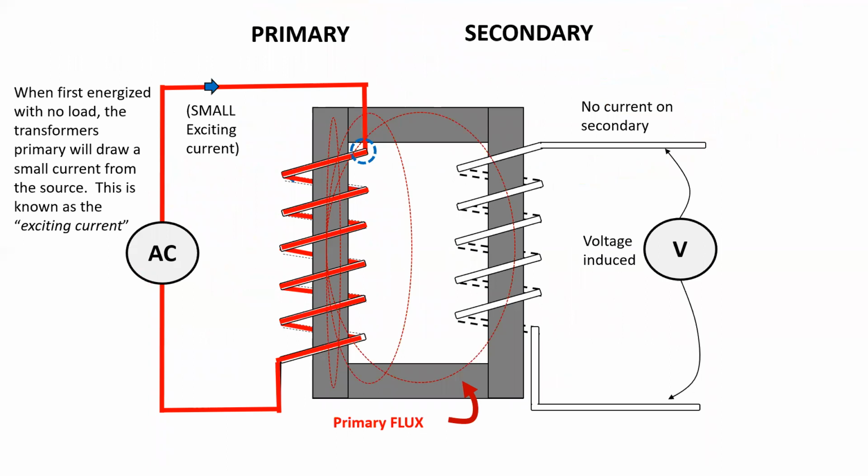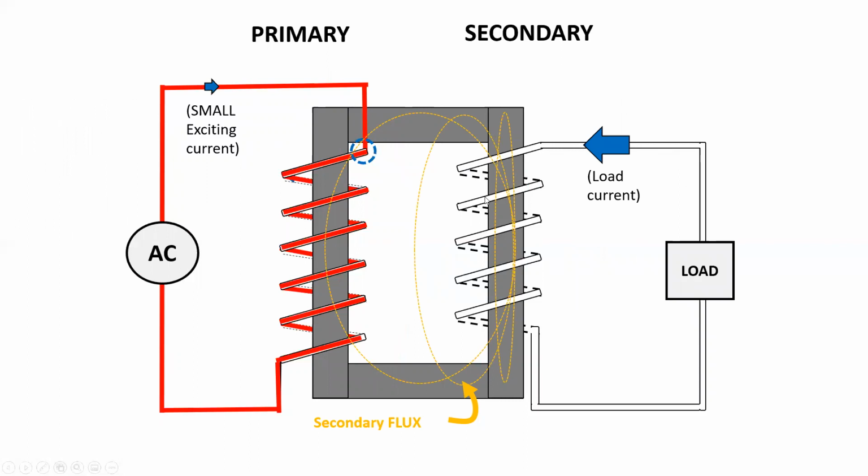So when I first energize a transformer with no load on the secondary, the transformer's primary will draw a small current from the source known as the exciting current. And that exciting current is simply magnetizing the core, and there is magnetic lines of flux, and there is a counter EMF that is generated on each of these individual windings. I'm simply only showing one here just to make it a little bit clearer because there's a lot going on. As soon as we put a load on the secondary,